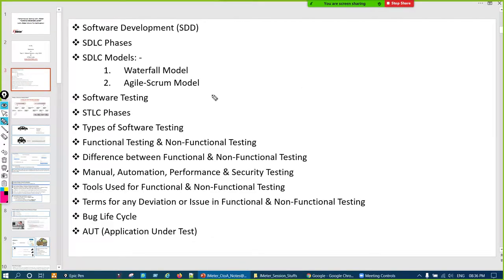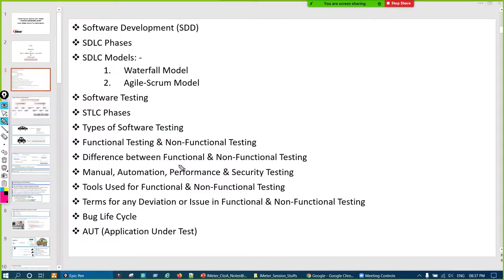now in the testing domain or in the IT industry, these are the things that we are mostly aware of. Terms like software development life cycle, software development models, waterfall, agile, scrum, right? Software testing, then software testing life cycle, then types of software testing. In that, functional testing and non-functional testing are there, right? So we'll see what the difference is between functional and non-functional.